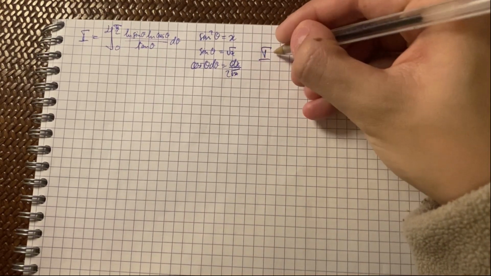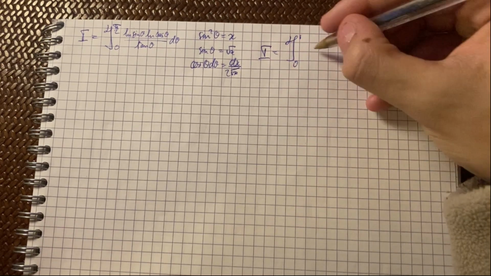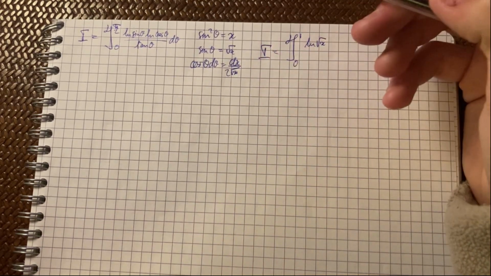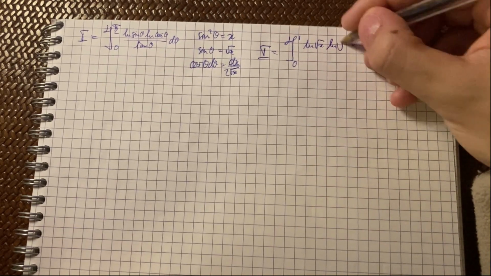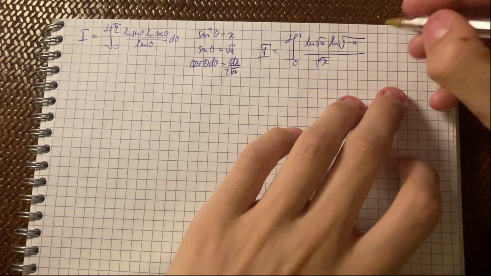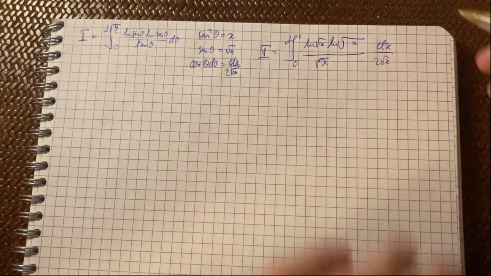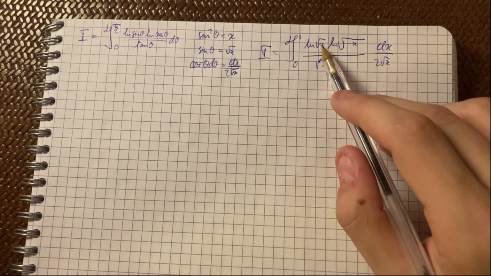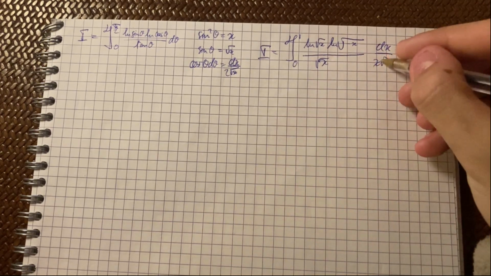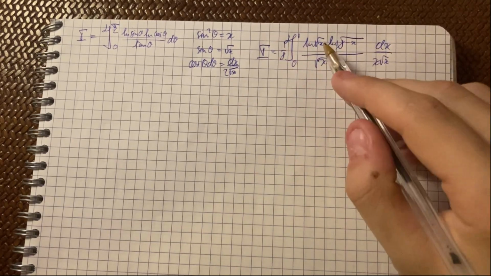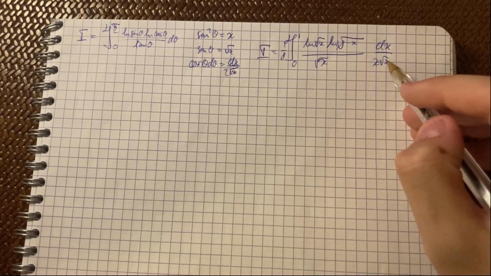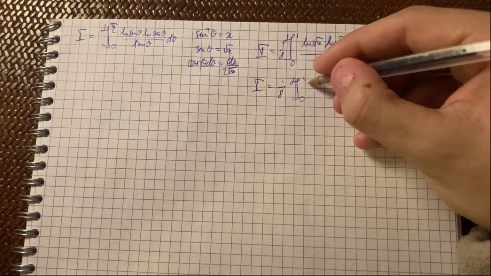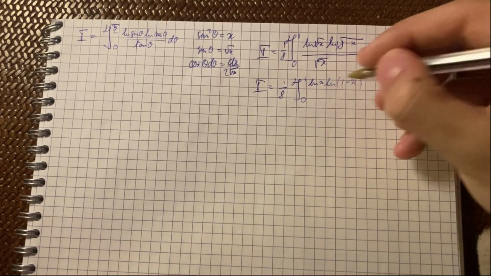So our integral I equals the integral from 0 to 1 of log sine theta, which is log square root x, times log cosine theta, which is log square root 1 minus x, divided by x, times dx by 2 square root x. Here you have a simplification: you have 1 by 2 here and 1 by 2 there, and all this into logarithms. So you have a factor 1/8 here, and the 1 by square root x cancels out pretty nicely. So you have I equal to 1/8 of the integral from 0 to 1 of log x log 1 minus x